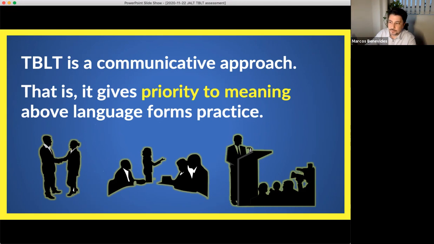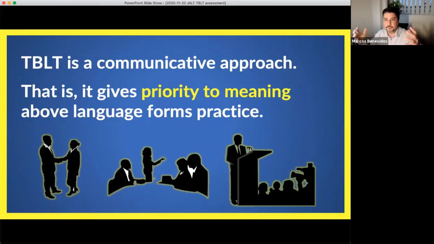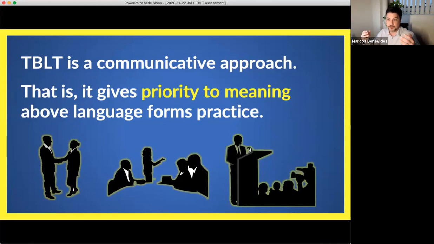The first is that TBLT is a communicative approach. It's the evolution, I like to say, of the communicative language teaching approach, in that it gives priority to meaning above language forms practice. I say it's the evolution because the communicative approach in a very broad sense highlighted the fact that, of course, communication should be an important part of what we teach when we teach language.